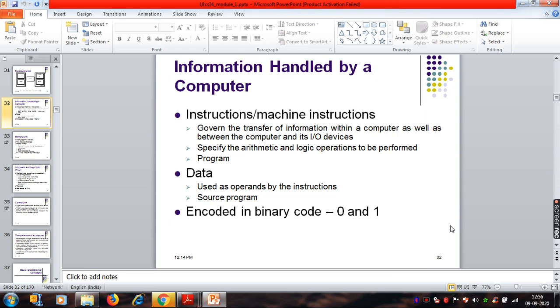The program is some entity that, whenever it gets executed, performs its task. What are instructions and machine instructions? We'll see all those things later. At this point of time, just understand that instructions or machine instructions are nothing but commands. For example, a simple command, I will say add 1, 2. Then the computer should add 1 and 2 and store the result in some register or some memory. So a command is something like that.